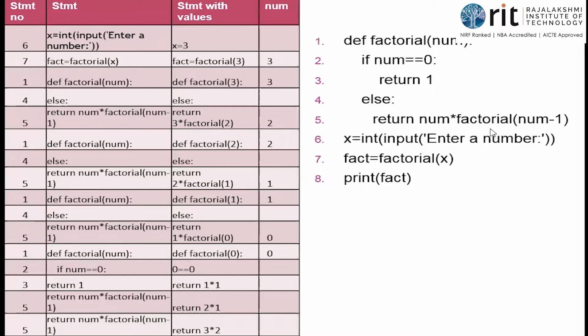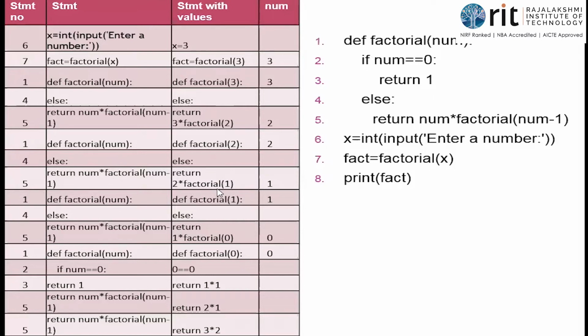So factorial of 2, the factorial definition will be called. Again, go to the first line. Look at the table, after the fifth line I should go to the first line. In the first line num takes the value 2, because the call factorial of 2 makes the definition execute. Now the if is false, and I'll have to go into the else part. So the fourth line, else, gets executed. Then again the fifth statement. Now num value is 2, so 2 into factorial of 1. See, 2 into factorial of 1.